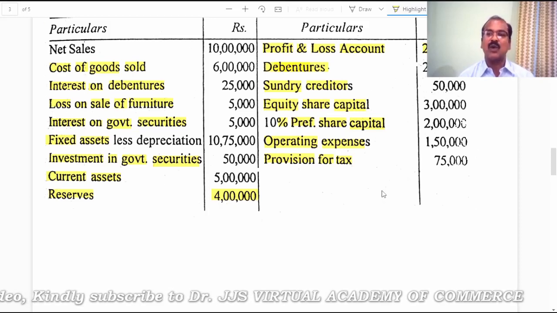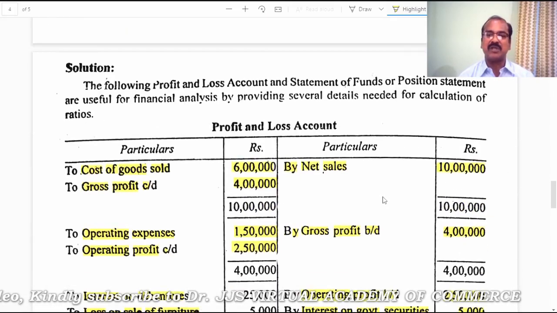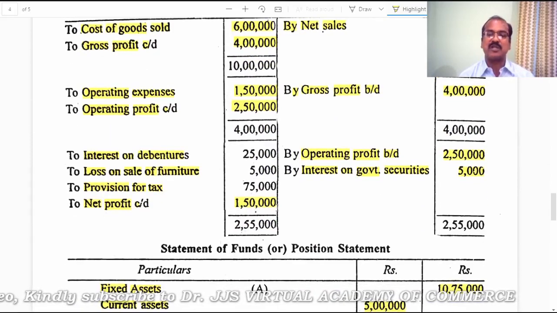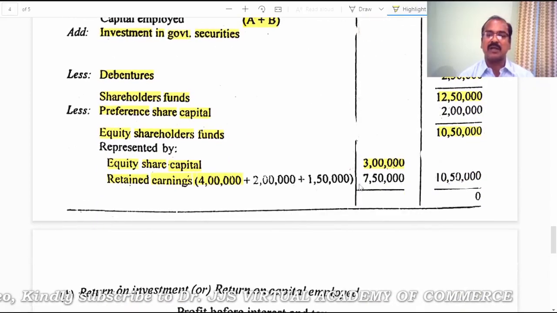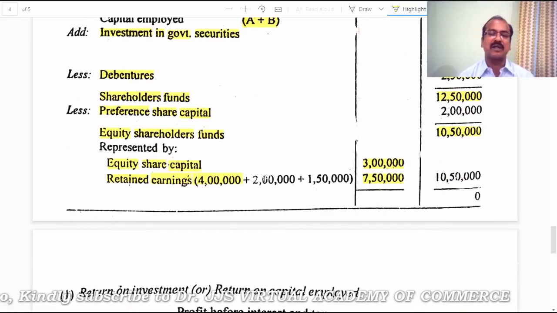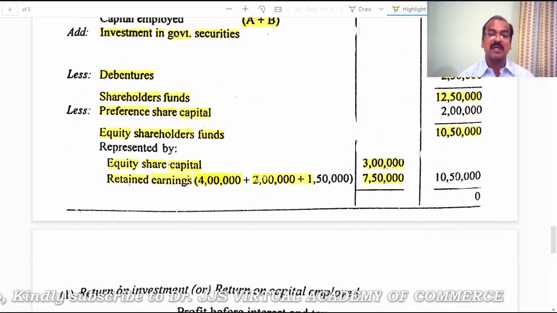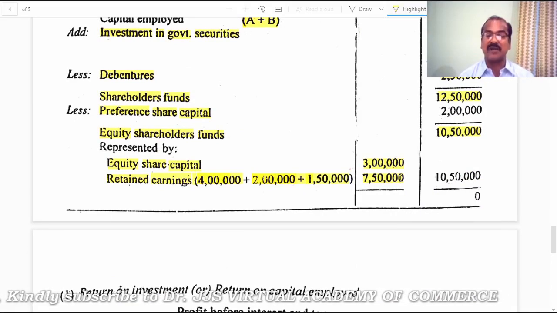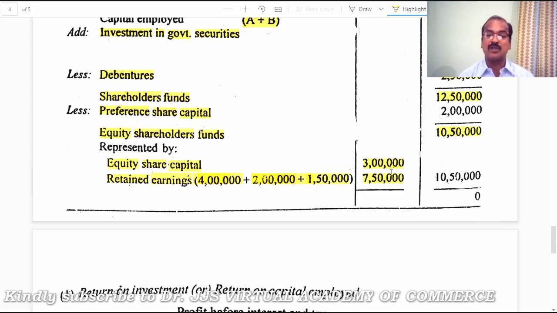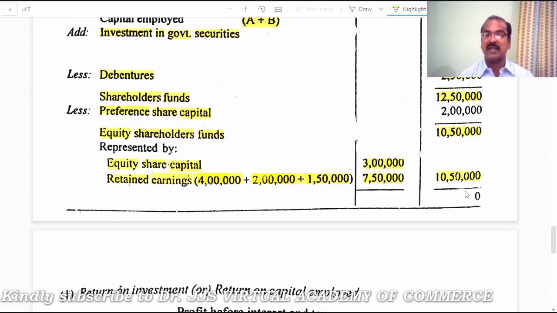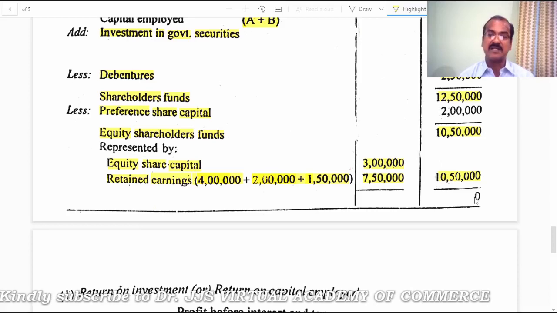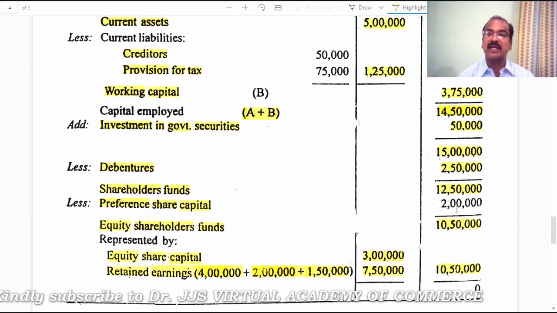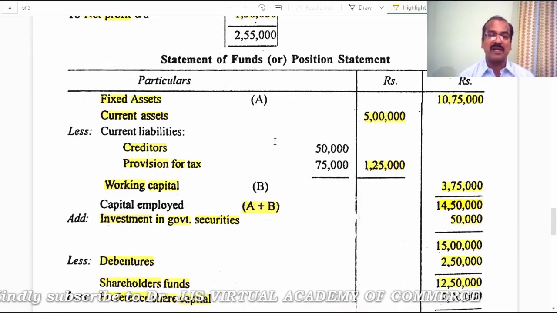Now let us find out what is the profit generated by the business in the current year. It comes to 1,50,000. So 6 lakh plus 1,50,000, the total comes to 7,50,000. That's what you find here. This is reserves, this is accumulated P&L account and this is the current year profit. Put together, 7,50,000, and the total of these two comes to 10,50,000. Therefore, now you find the balance is zero. This is how these funds have been invested in this way. This is what you have to understand, right?